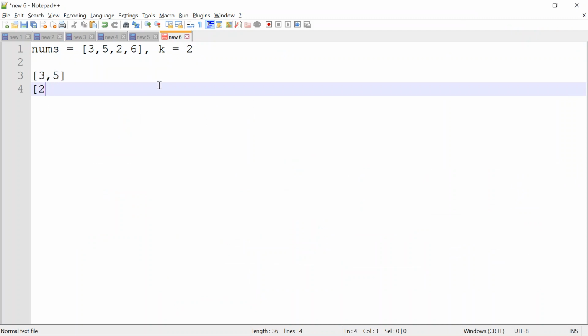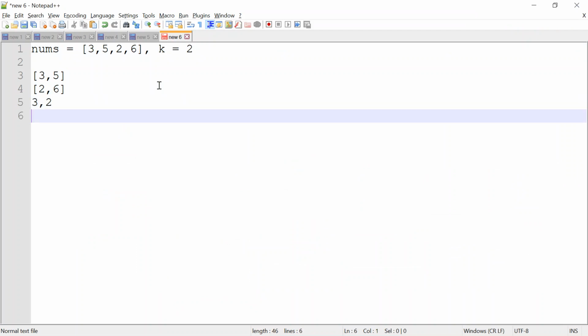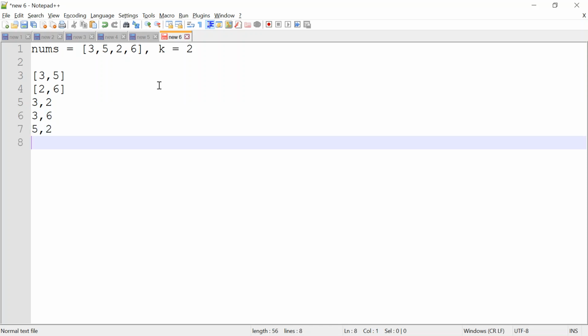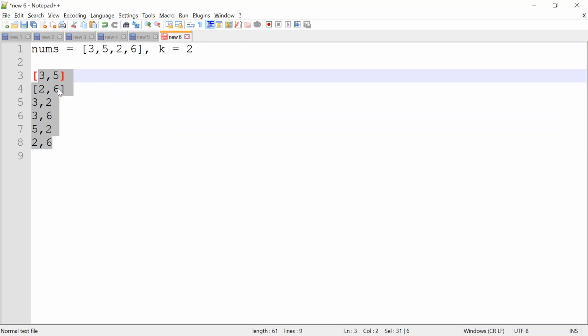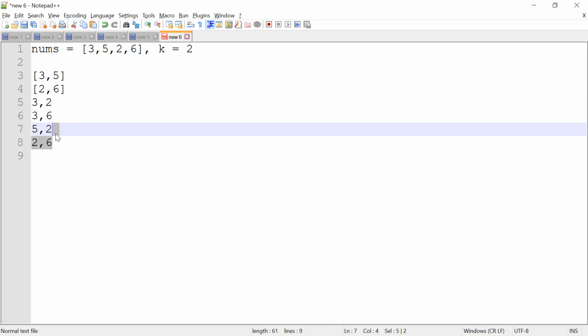They are 2 comma 6, 3 comma 2, 3 comma 6, 5 comma 2, 5 comma 6. 2 comma 6 is already done. So these are some of the arrays which can be created where A and B are not equal to each other. If we look at this, the minimum one which can be formulated is this one.